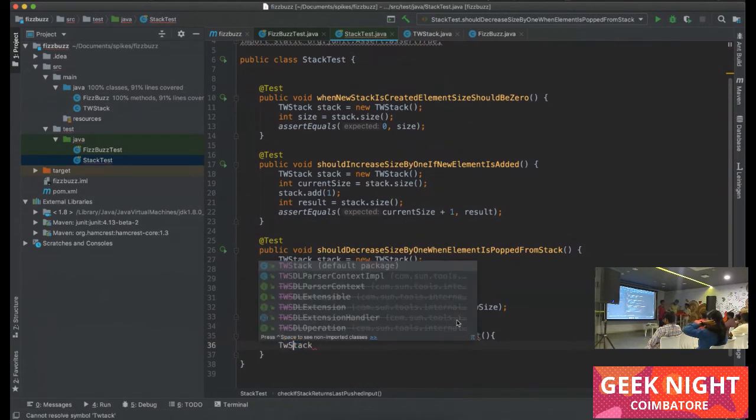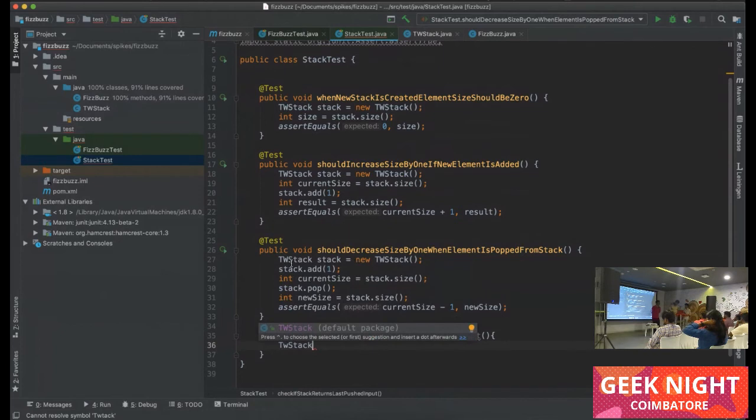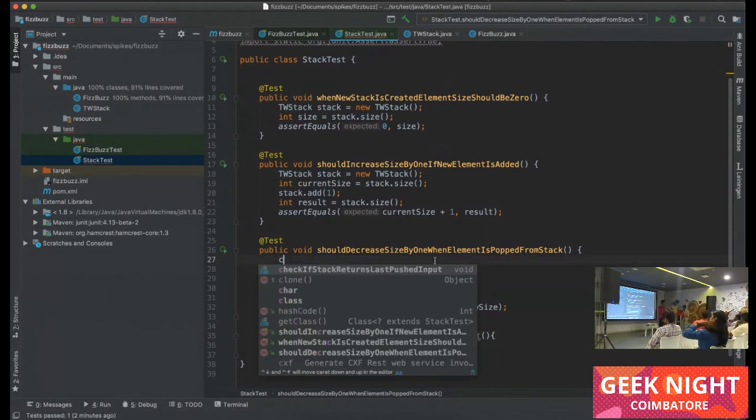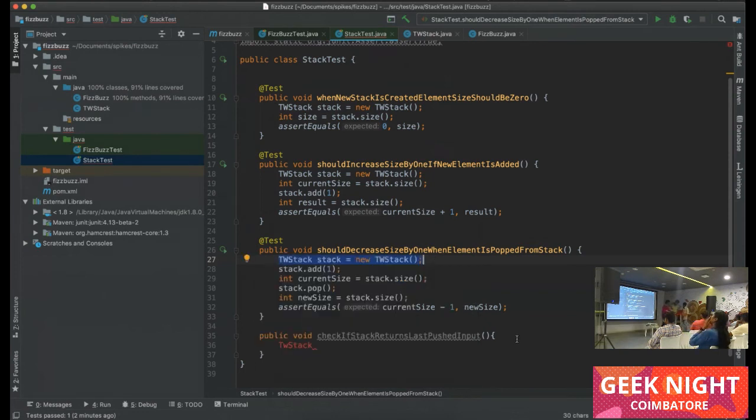You can copy it from there. We can copy the entire method actually.